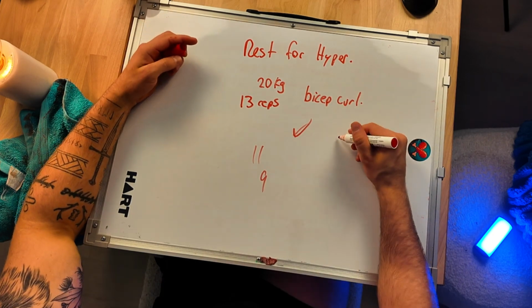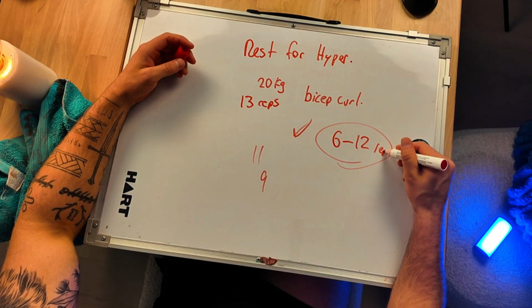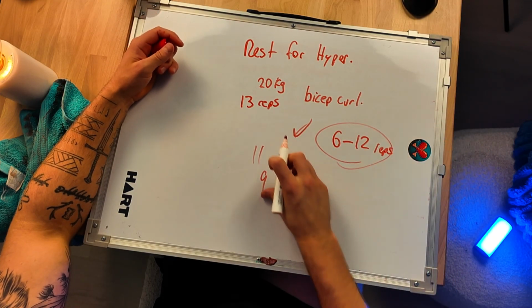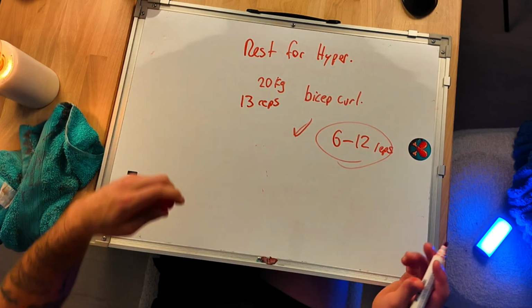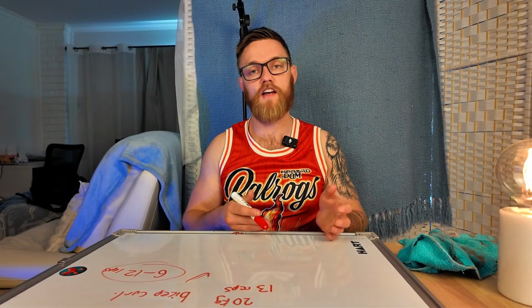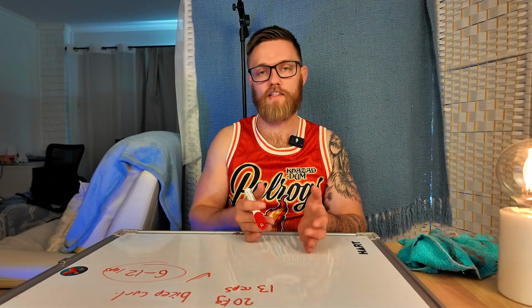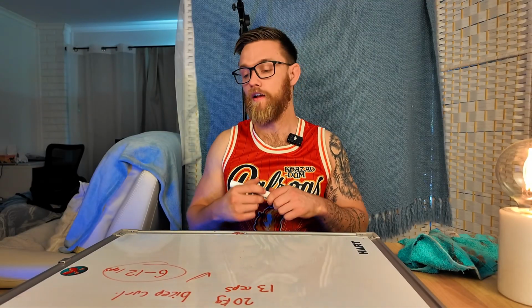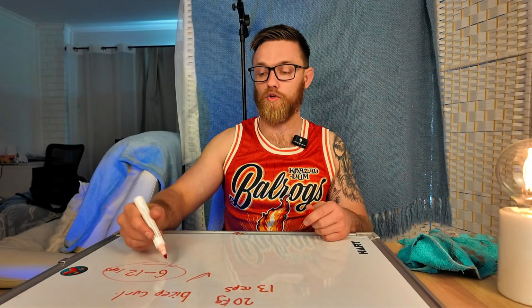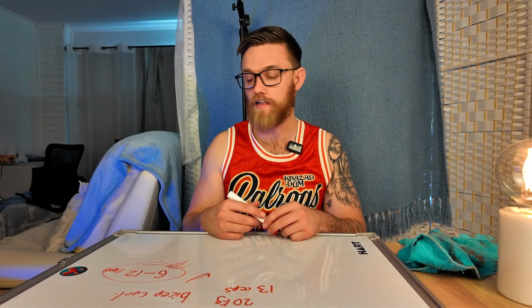As long as they're staying within their rep range, their 6 to 12 hypertrophy rep range that we are using for hypertrophy, if we find that the rest time is dictating that they're not getting at least 6 reps, that's probably a good indicator that the rest is either not long enough or the weight is too challenging. So as we shorten rest times for clients to try to increase this muscle stimulant, if you shorten it too much, a good test that you have is that they just won't get their 6 reps, which is great. That's a really good way to tell if you're doing too much or too little.